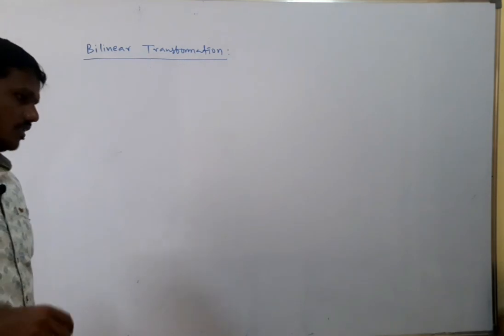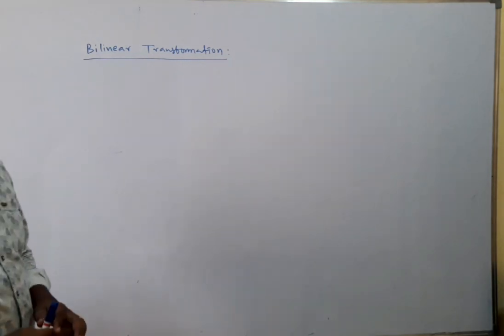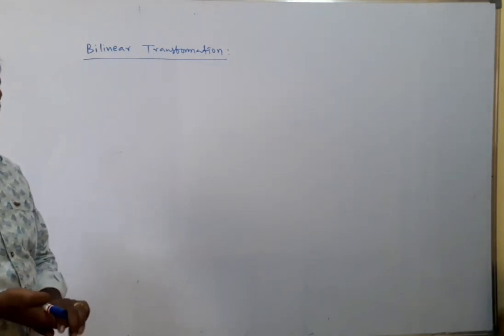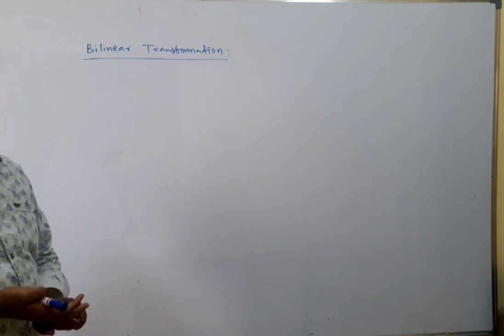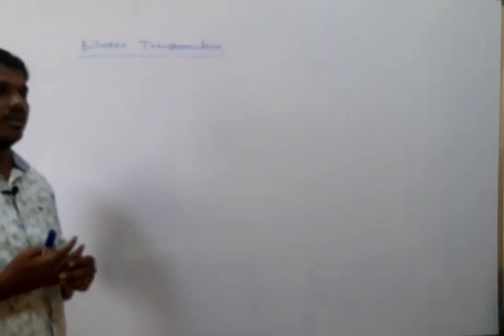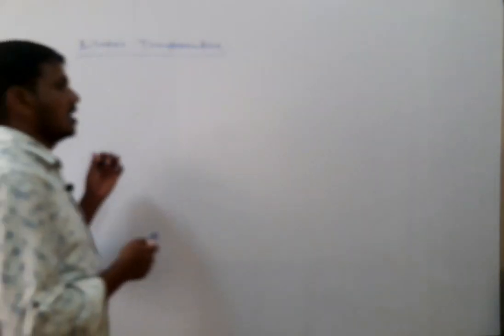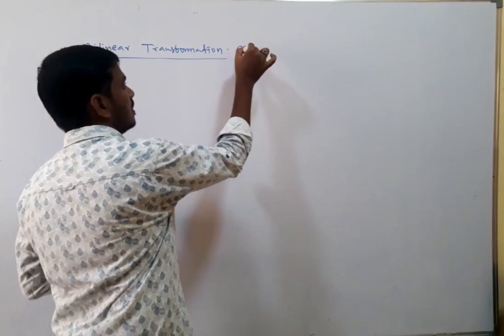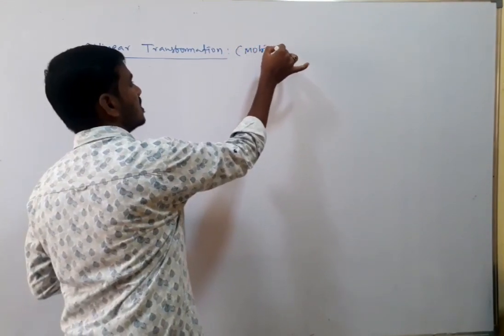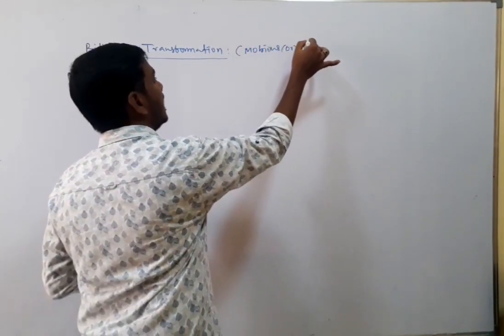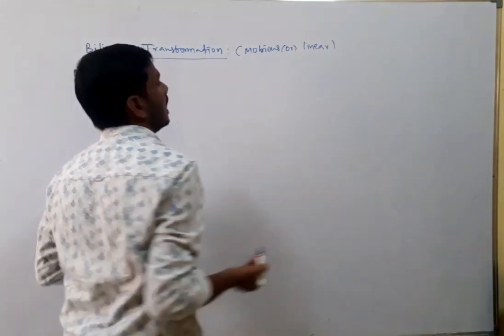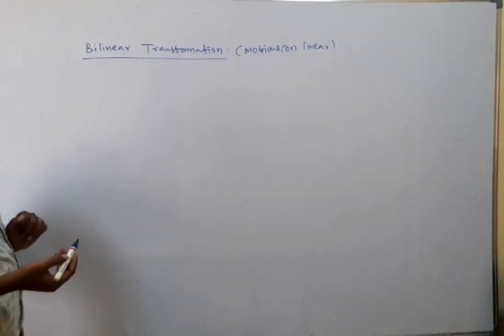Now, up to now we have discussed finding the images of the given region in the Z plane according to the given transformation. Now is the time for defining the bilinear transformation, or Mobius transformation. It is also called Mobius transformation or linear fractional transformation. Right, now coming to the definition of the bilinear transformation.